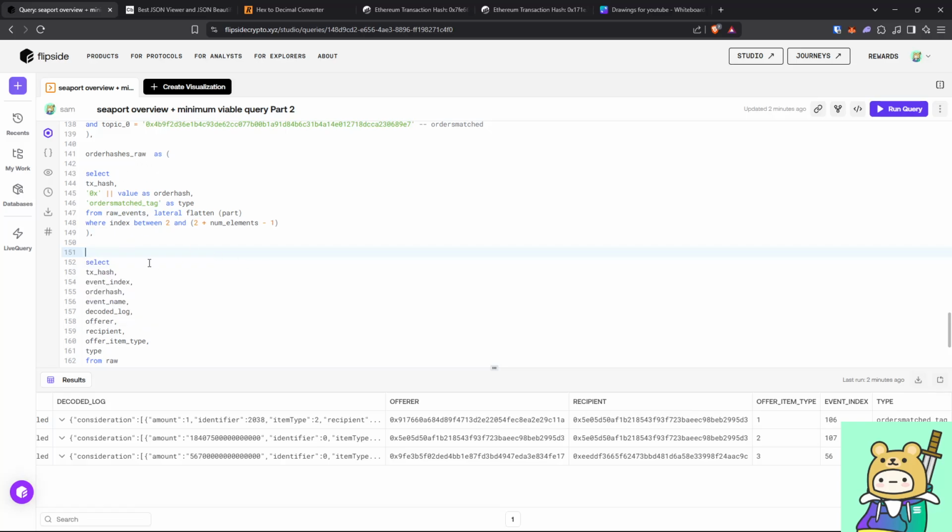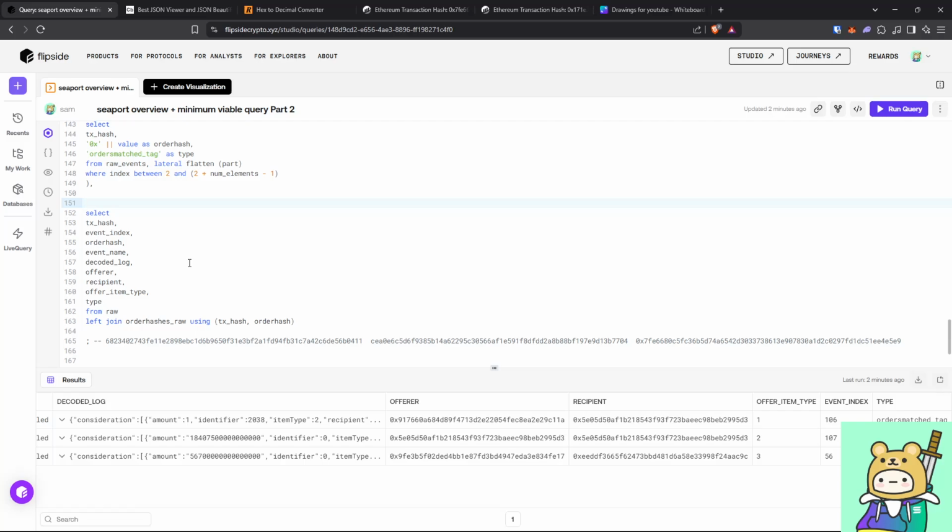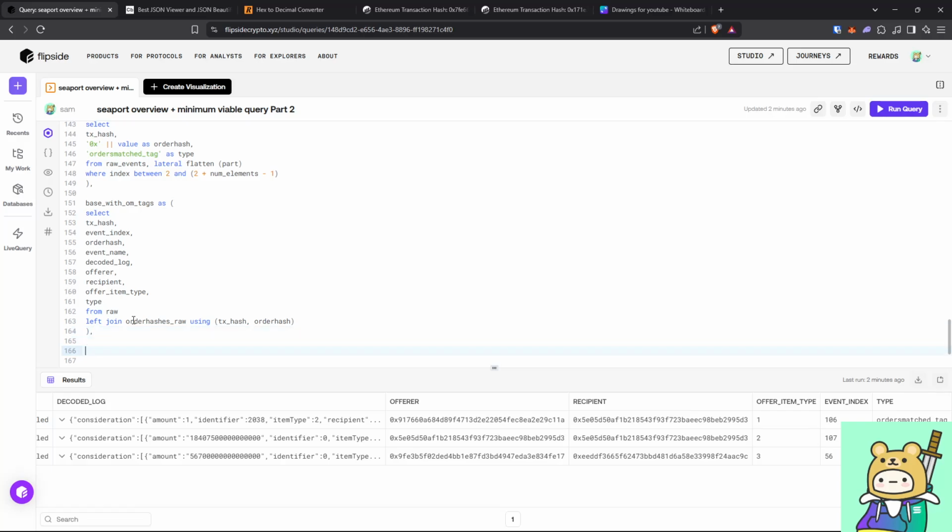Okay, so now this would be my base with OM tags, OM being orders match. So now I can go ahead and say something like OM sales, right? OM transactions, which is order match transactions, right? Order match transactions as,